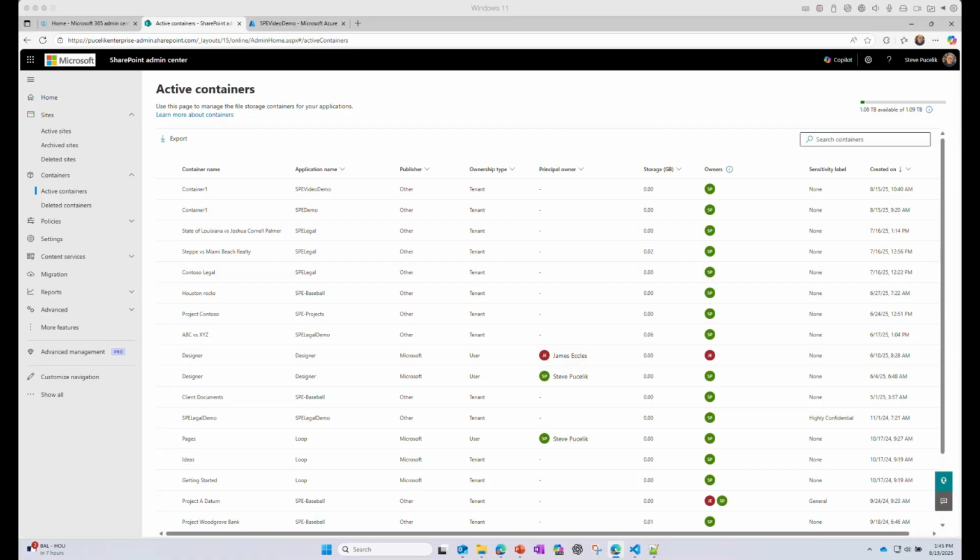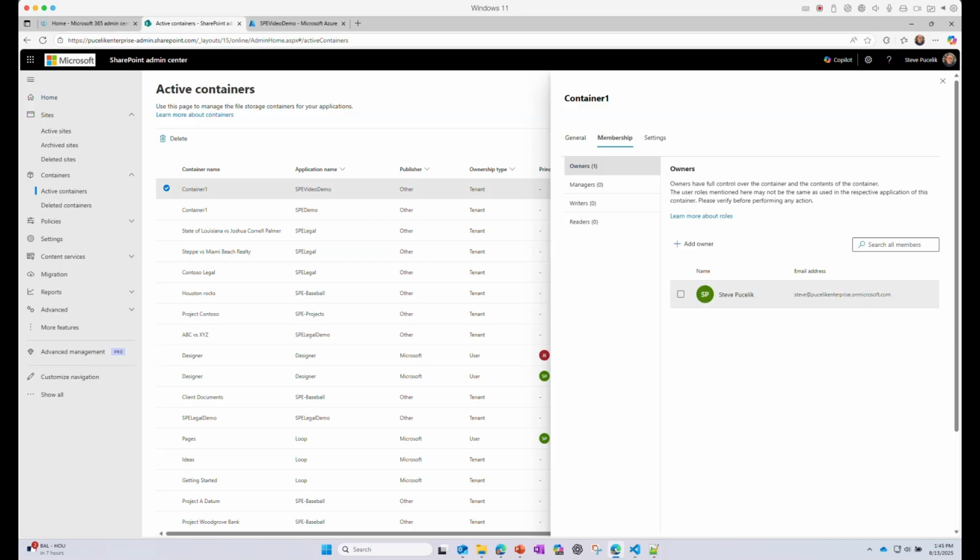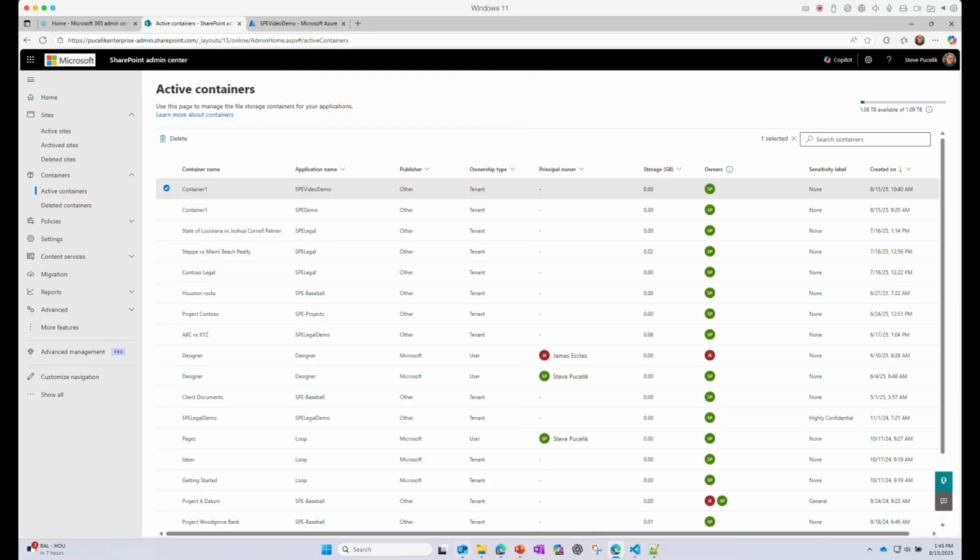So now that everything has been created, if we go into that container, you'll also see that the membership is that person, the admin user that we specified in our registration script when we created that container. Recapping what we need to do to configure a container,